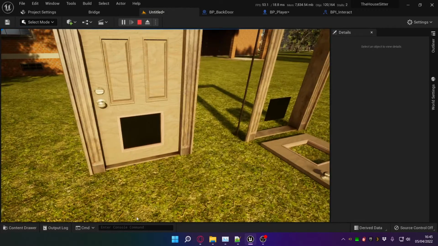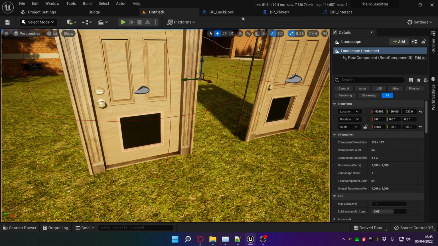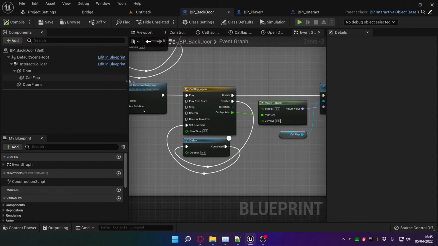So yeah, that's what's happening there. I don't have to go into too much detail on the maths because you can see what's happening there. Anyway, what we do with the cat flap is we can't play from start every time. I don't know why it bugged out. The only solution I could find to get this to work was to reset the animation